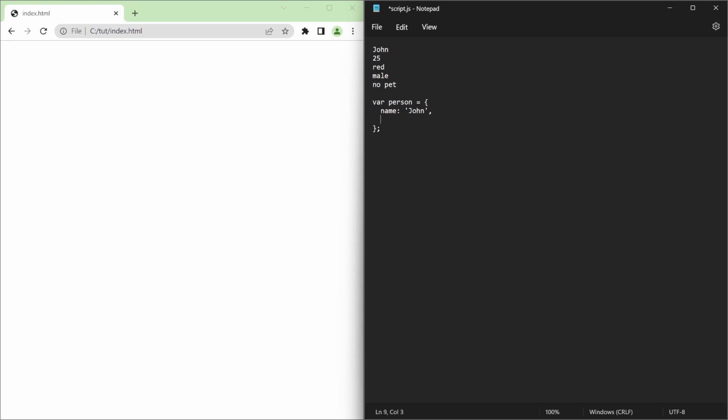And the next thing about John, or this person, is there's an age, and as we described, the age is 25, and I can have age as 25. Now notice, first I used a string value, now I'm using a number value to describe the age. We can have the favorite color, and that is red. We can have the gender, and that is male,